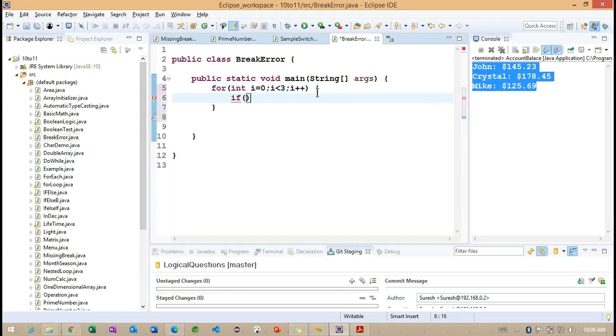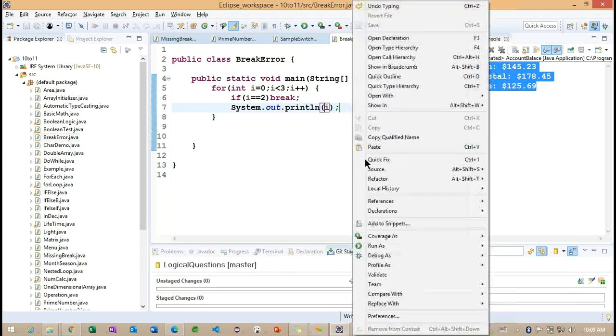I want to make one condition here. What is the condition? Something like i equals 2. Here I want to break. Otherwise, we can simply print this message, the value of i.